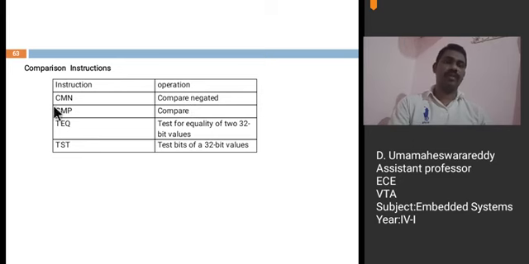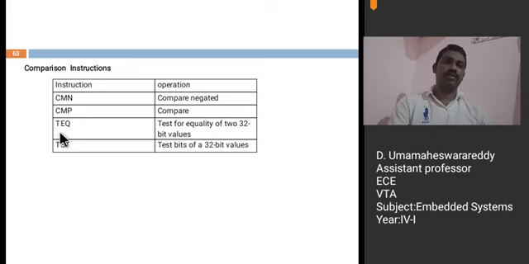Next, compare. Generally, comparison performs the subtraction operation between operand 2 and the operand 1. So that by performing subtraction, and depending upon the borrow bit, it can decide which one is greater and which one is smaller.